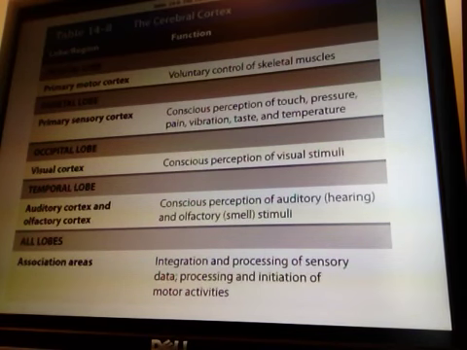Okay, in this video I'm going to review the brain and some of the important pathways in which sensory information gets to the brain, and also at the end one somatic motor pathway where information is coming down from the brain. Table 14.8 is good to review because it shows all of the different lobes of the cerebral cortex,